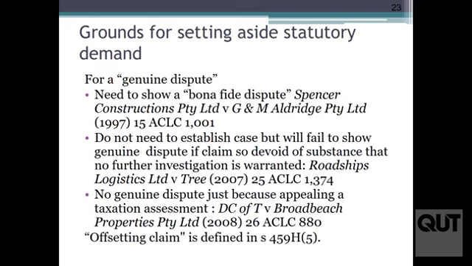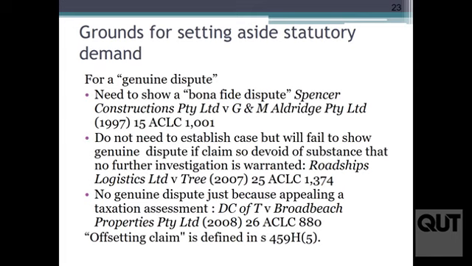Now, if you want to establish that you have a genuine dispute, then you don't have to actually prove your case at this stage. You just have to show some sort of bona fide dispute. So this is the debtor company. The court is fairly generous in finding that there is a genuine dispute. This hearing isn't about proving the actual dispute to be settled. That's obviously dealt with in separate litigation.